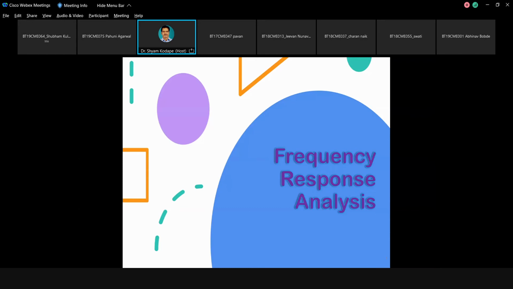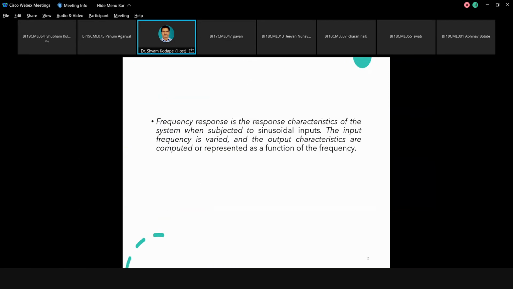Let's see. The concept is that, just like K, which we varied from 0 to infinity, similarly in this case we will vary the frequency from low frequency to high frequency. Okay, the concept is like this. Then we will identify how that particular frequency affects the system stability. Identify the nature first, and then we will identify the effect of that change in frequency.